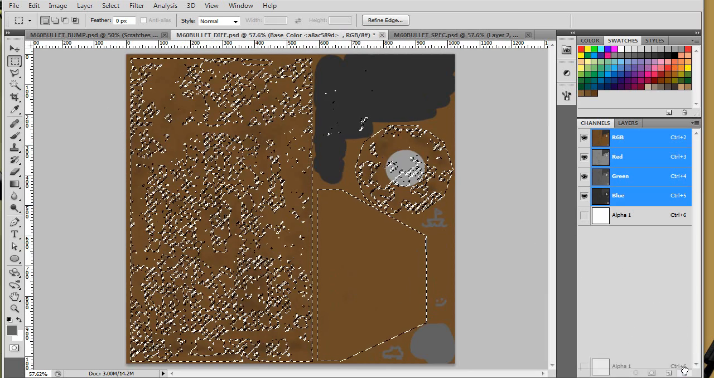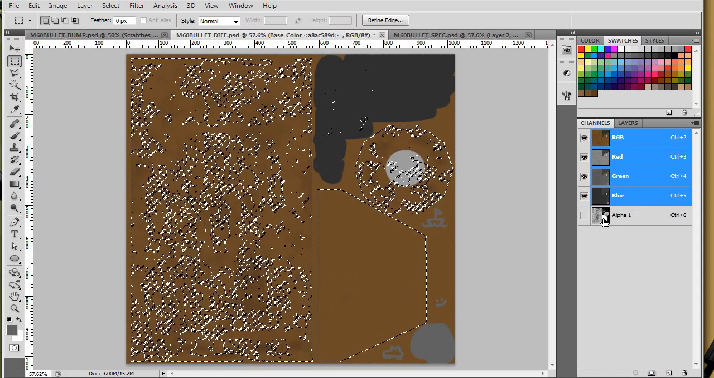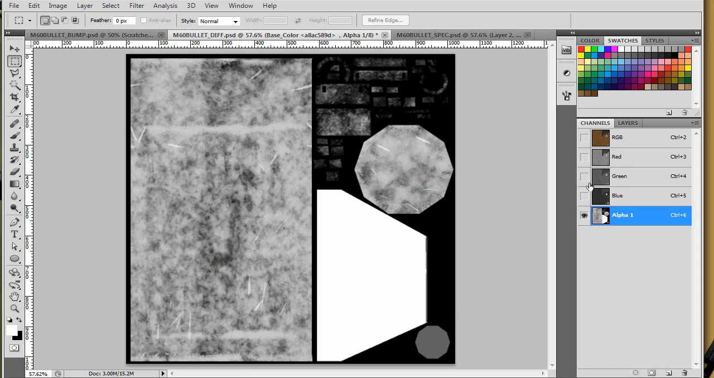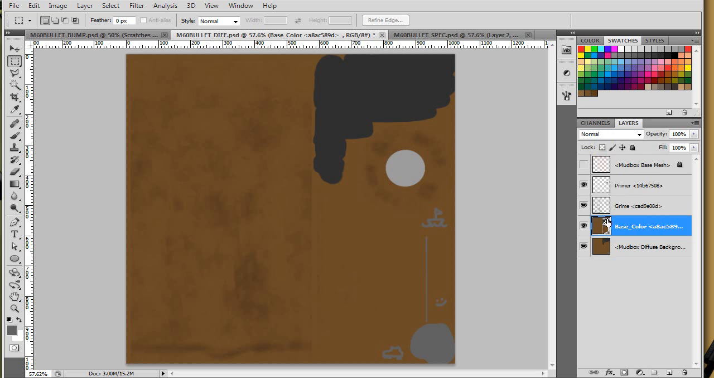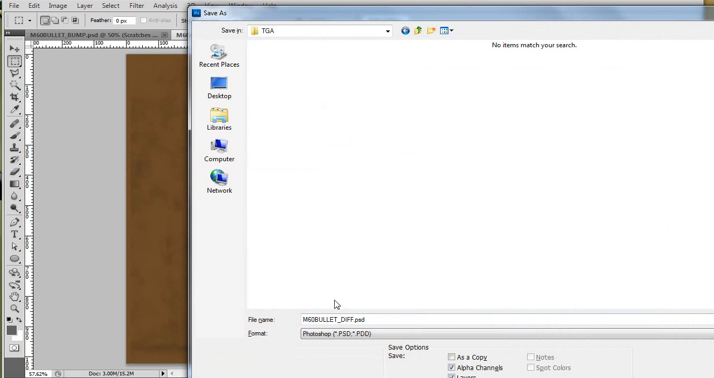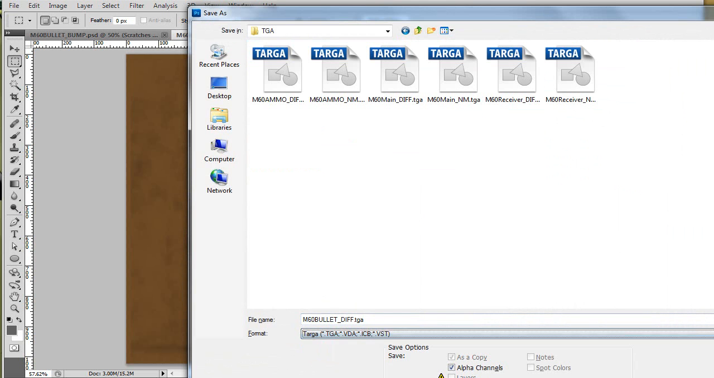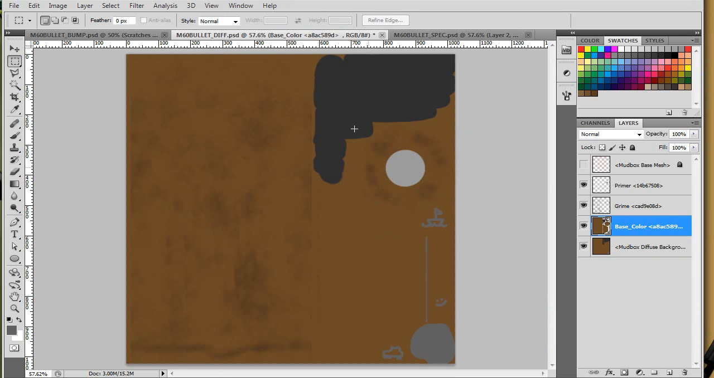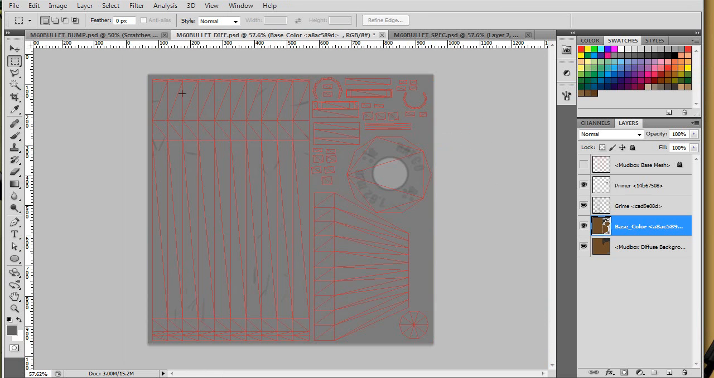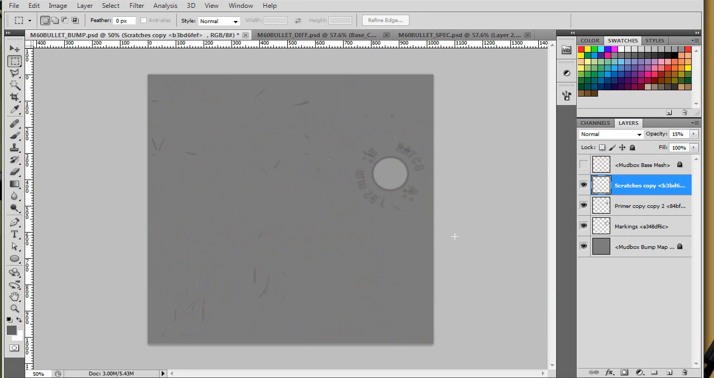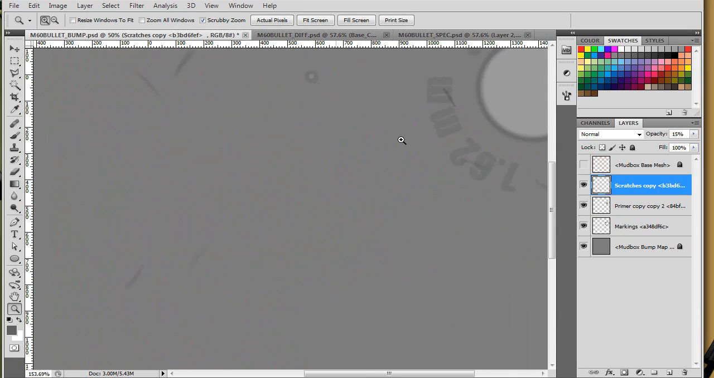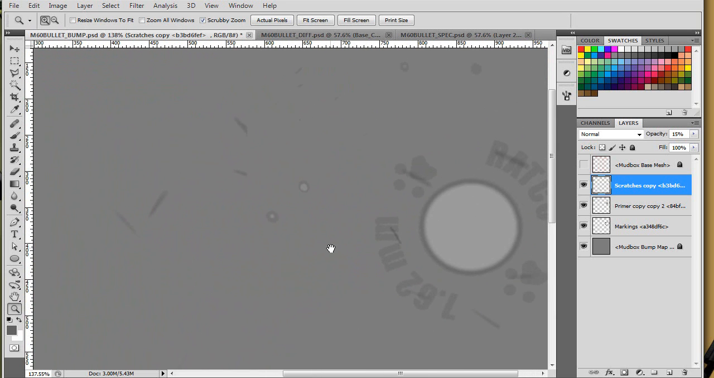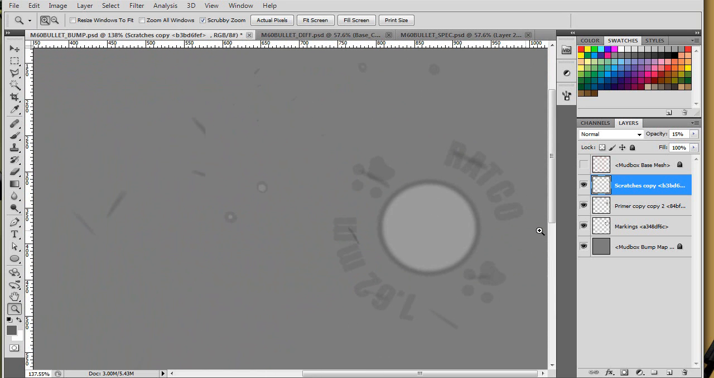So I can dump my alpha, create a new one, just check that it's there, and it is. And now I can officially save this out as the bullet diffuse. Okay, I do want my alpha channel, so I want to make sure I'm 32-bit. Okay, and now I can work on my bump layer. And really, for the most part, the bump layer is probably pretty good. However,